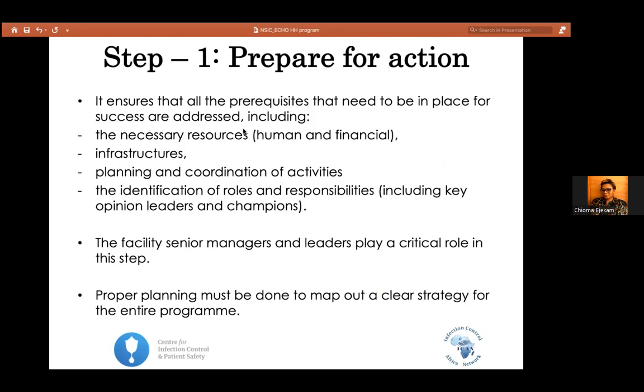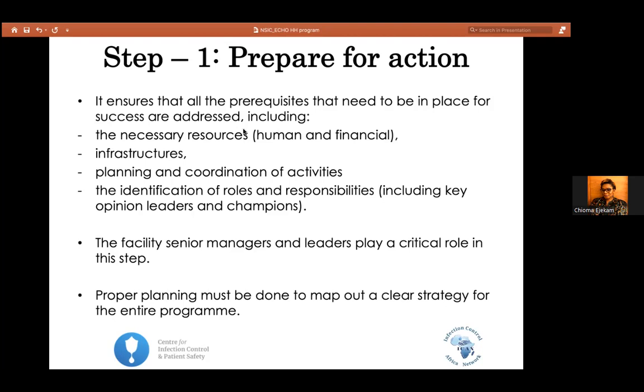I don't know the makeup of people here, but I am aware Ogun State in Nigeria has a dedicated budget for IPC. That was one of the achievements we made during the COVID-19 period, where we made efforts to build IPC capacity at primary healthcare facilities across African countries, and in Nigeria, Ogun State was one of the states, and we succeeded in having a dedicated budget line for IPC. So if this is existing and you are the person that needs to start up a hand hygiene program in a facility, you need to know if this is existing. If it's not existing, you identify it as a gap.